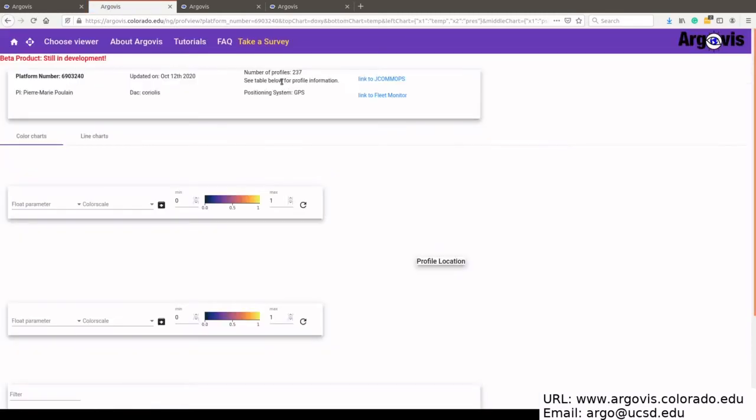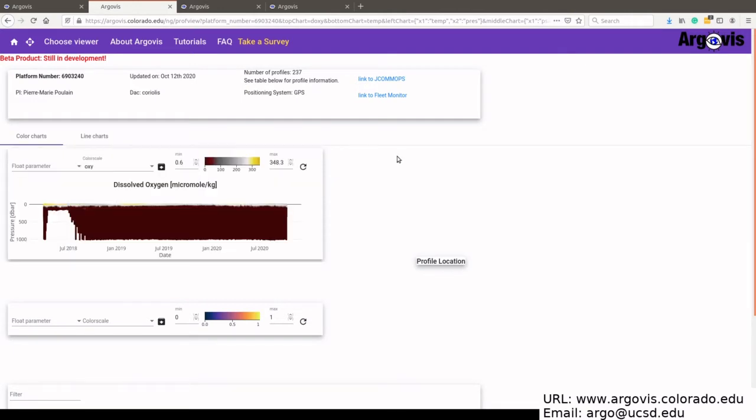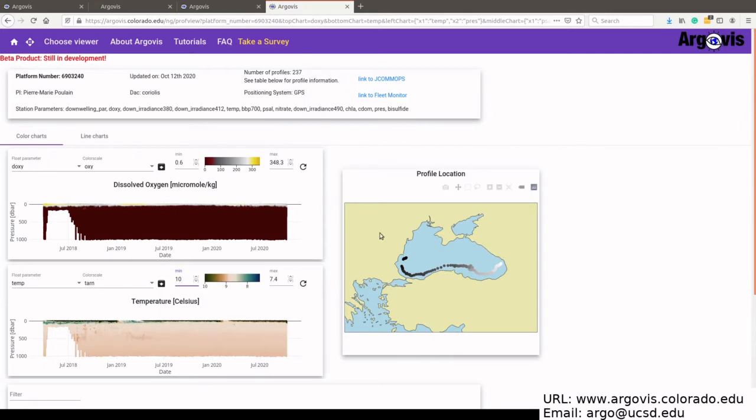What's taking so long? This platform in the Black Sea has 196 profiles. It can take some time to parse and plot the data using these charts. Excuse me while I fast forward ahead. There, all done. The float started off the coast of Bulgaria, drifting across to the Pontic coast of Turkey and